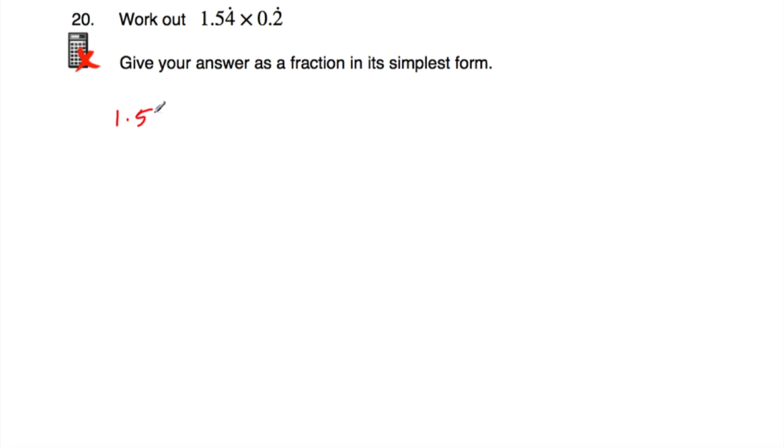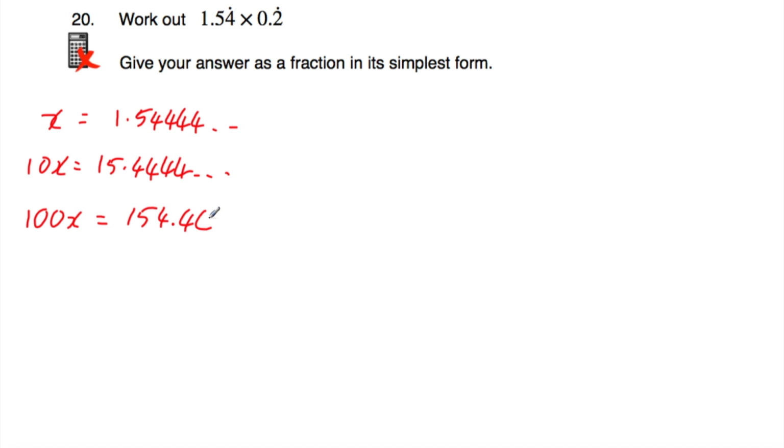So 1.54444 and so on, and that's equal to x. So let's multiply both of these by 10, so we get 10x is equal to 15.4444 and so on. Now we want another number with the 444, so if I go back up to our x, I'm going to multiply both sides by 100, so that'll be 100x is equal to 154.4444 and so on. So let's take these away, so the 0.44444's cancel out, so we'd have 10x is equal to, and then we've got